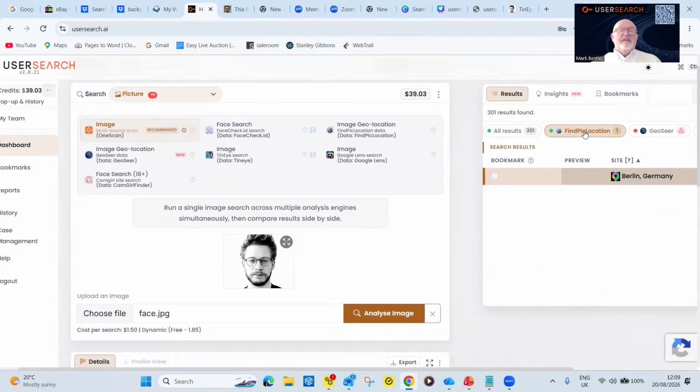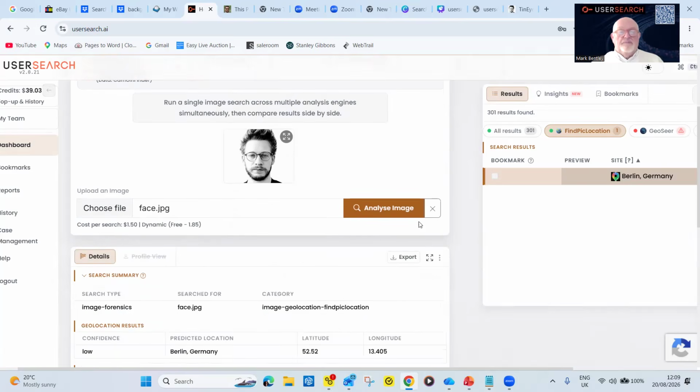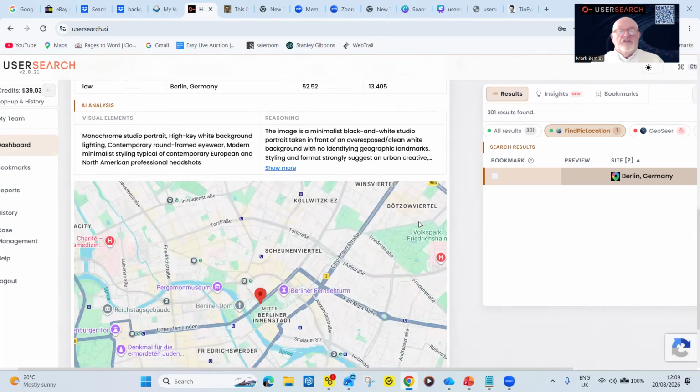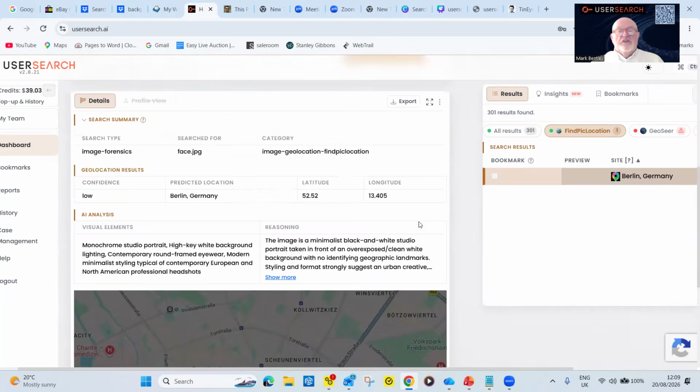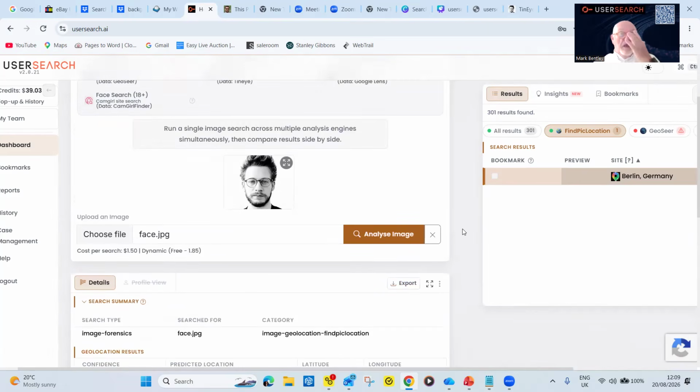Right. So that particular picture that I looked at is showing as Berlin. I know this guy doesn't live in Berlin, but there is an originator, there is something in that image, whether it's EXIF or fragmented data, to say there is a connection with Berlin. Now, this particular guy is an artist in America and his picture's all over the internet, so there's no problem in using that.